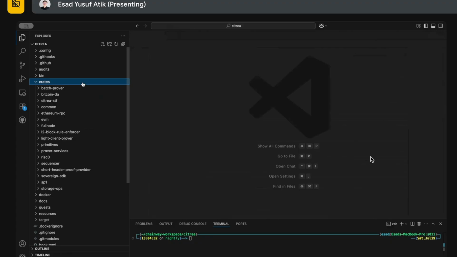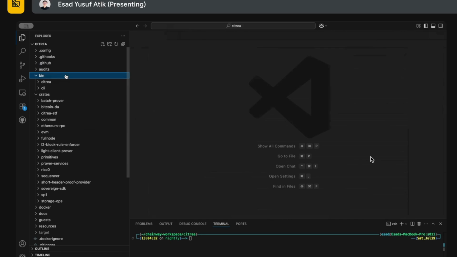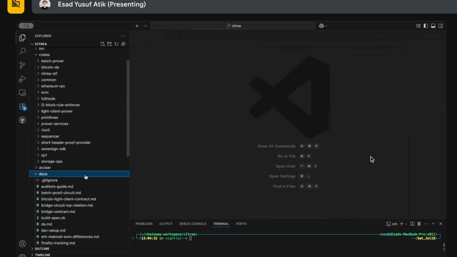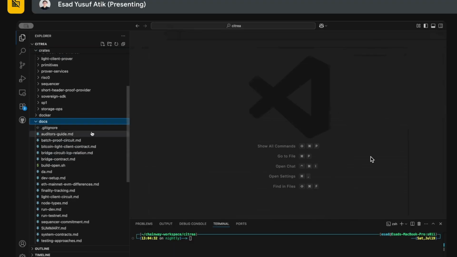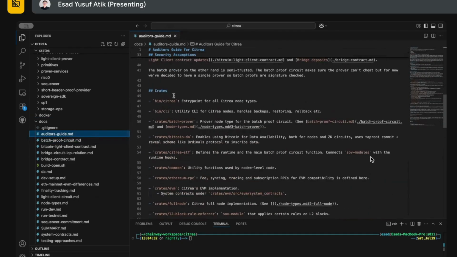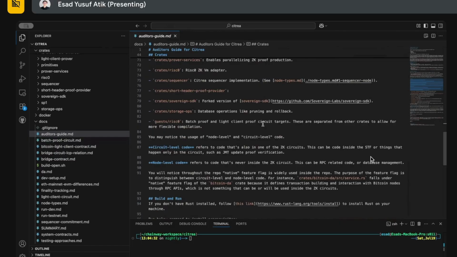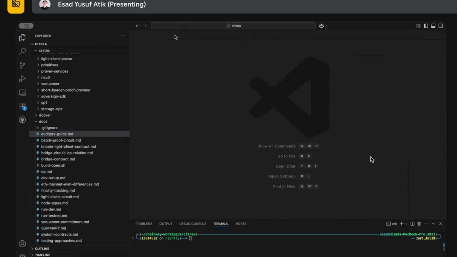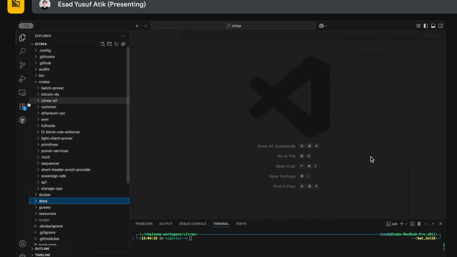But the important directories, in my opinion, are under crates. And this is pretty much where 90%, 99% of the code is. We have some in the binary directory, but all of the important stuff goes on here. I've actually made a good explanation of each directory in the auditor's guide, so you can check it out also, like what all directories are and what they're doing. But to explain in this video,